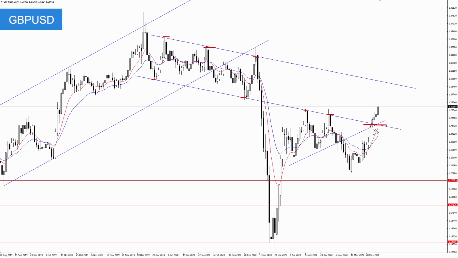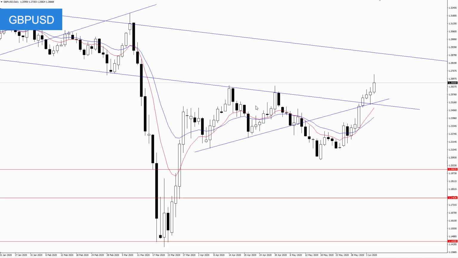But as you can see, Monday's session gave us absolutely nothing to sell. In fact, this rally right here hinted at a break higher. Furthermore, if I zoom in, you can see where we got this daily close above the 125 area, and then we also had a retest of it as new support. So this close right here broke this area, and then notice how we had this pullback and bounce right from 125. So this area between 125 and 125.30 or so is going to serve as support going forward. As long as we stay above that, we could see a push into 128, which is the top of that channel.